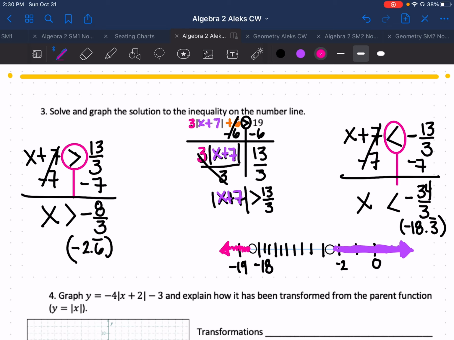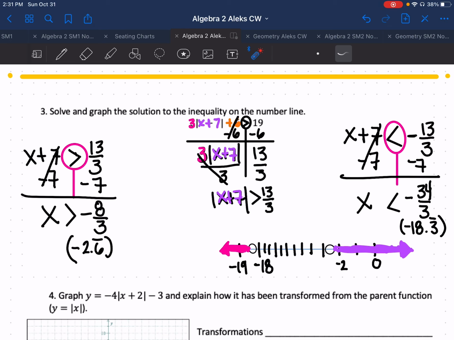There we go. That's it. Okay, please make sure I can tell where you're shading. Remember, the only other way to shade would be to shade in between. Yes, if they had flipped, if this one had been going this way, I would have shaded from here till I got to the circle and I would have stopped. I stop when I see a circle or I stop when I get to the arrow. Okay,